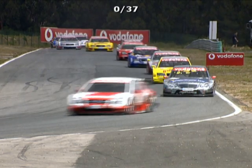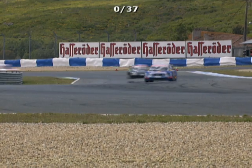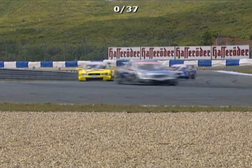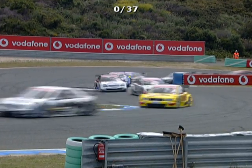So the Audi up front at the moment, Matthias Ekström trying to get away from Gary Paffett, and Tom Christensen making amends after trying to go right round the outside of people at turn 1, running out of road, and Christensen now in 5th position, although those ahead are just escaping ever so slightly. His next target is Albers, behind him is Bernd Schneider as the cars wriggle their way through that tight uphill